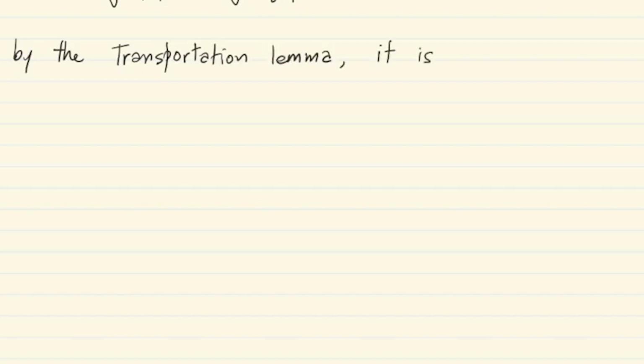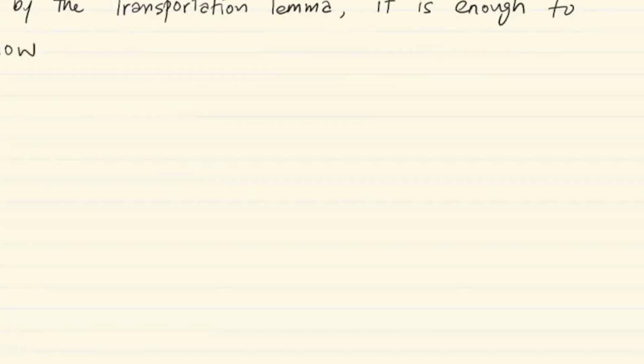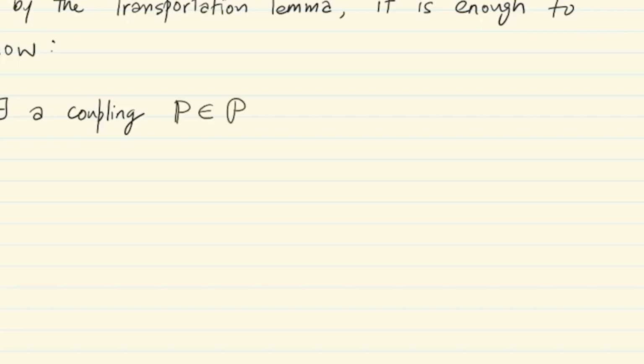So by the transportation lemma, it stands to reason that it is enough to show, for instance, that there exists a coupling. So if we show that there exists a nice enough coupling that we can find P between P and Q,